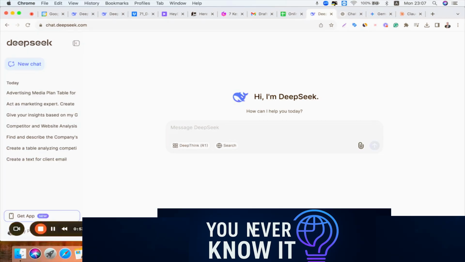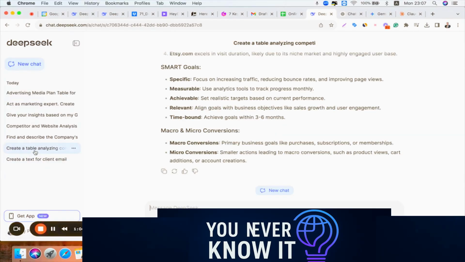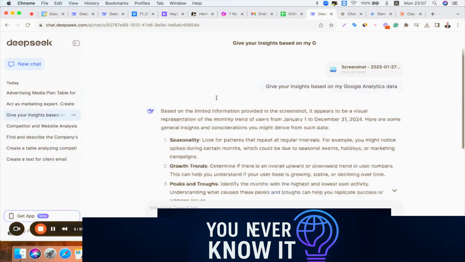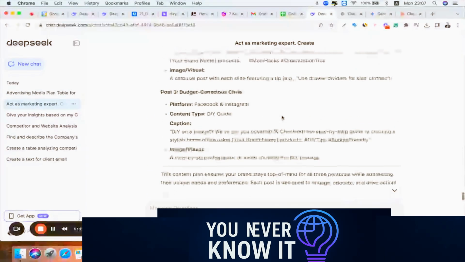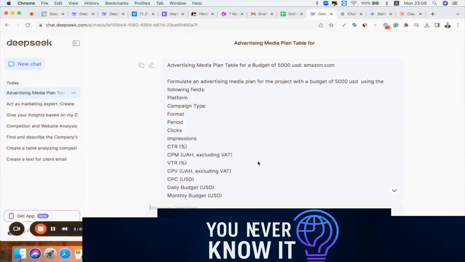We went through some complex tasks, some easy tasks, and we have the experience of how this tool can help us with client emails, goals, checking the competitors, going through different SWOT analyses, analyzing data, building customer personas, creating content plans, creating media plans. So we played a lot with this tool during this course, and now it's time to say what we